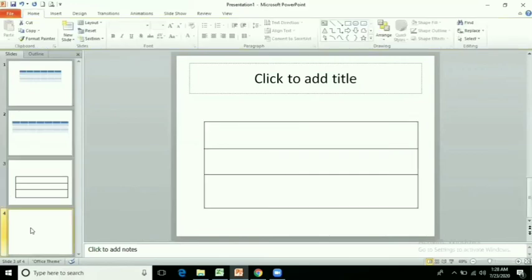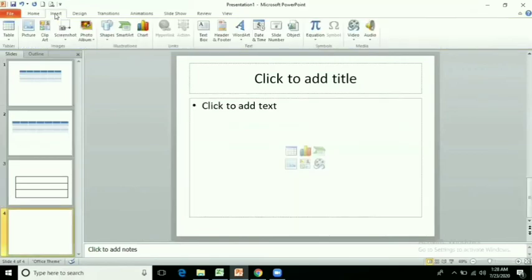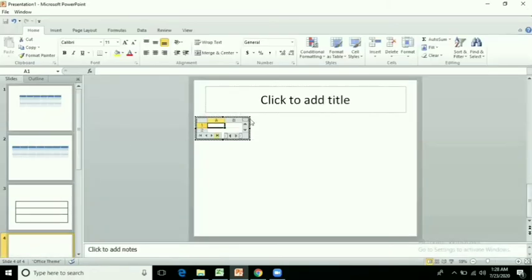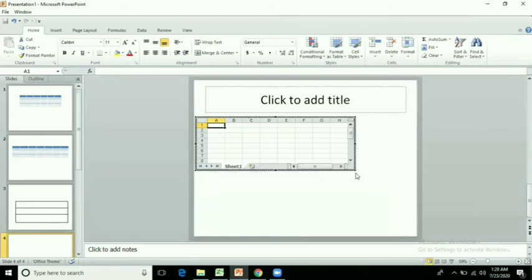And the next one is click on insert. You can see here the last one is Excel spreadsheet. It means if you want to insert the data like the Excel spreadsheet, so just click on it. You can see here a small spreadsheet is here. Just you can increase it.